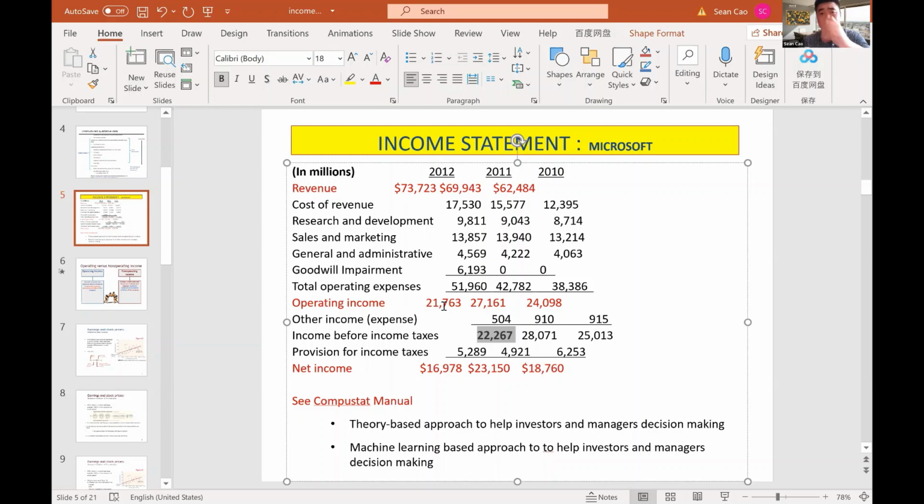So the idea here is the machine learning approach can deliver a very powerful tool. It can tell you which 5 variables together can explain the future stock returns. The machine learning model can do that in a very powerful way. But the problem is we don't know why. We don't know what's the theory behind that. And that's the trade-off between the two approaches. One is theory driven, another is machine learning driven. So for this class,